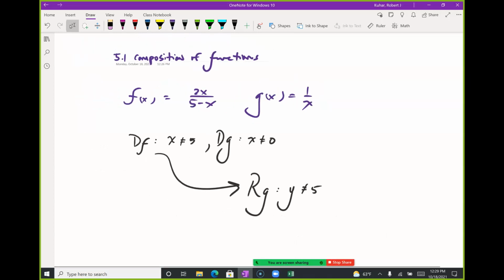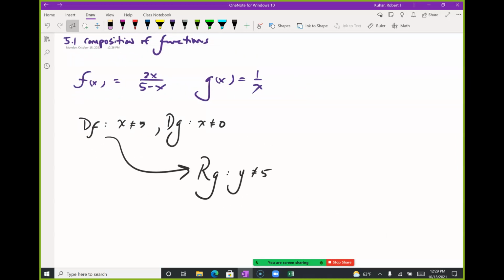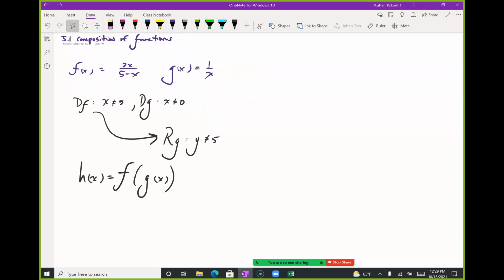The range of g, I don't want y to be 5 because I'm interested in h of x as f composed of g of x. So if I put some number into g and I get a 5 out of that, when I plug that into f, it's going to be bad for me. So I really want to be thinking of